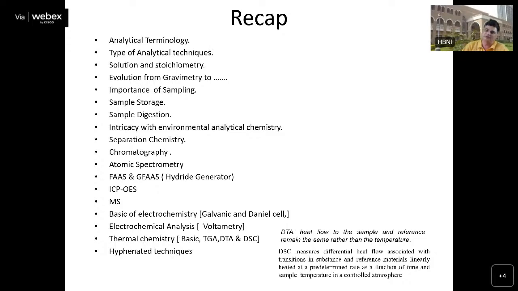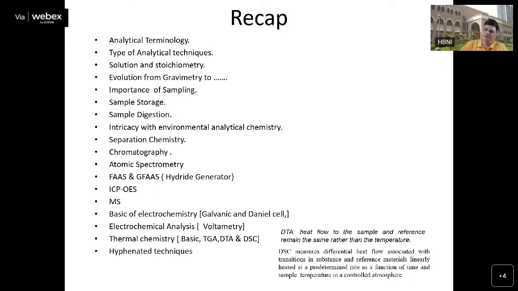We started with gravimetry analysis, and there is a problem with it, because gravimetry analysis is only possible when we have a large quantity of analyte. That means we are at percentage levels. And there are also many elements whose chemistry we do not know and which do not easily get precipitated out. That is the problem associated with gravimetry analysis. Although gravimetry comes under the category of absolute methods and has an RSD of less than 1%, there are errors. Those shortcomings have been removed by